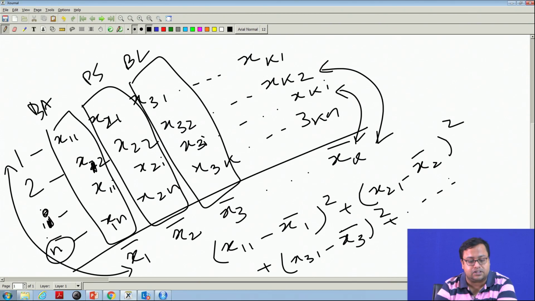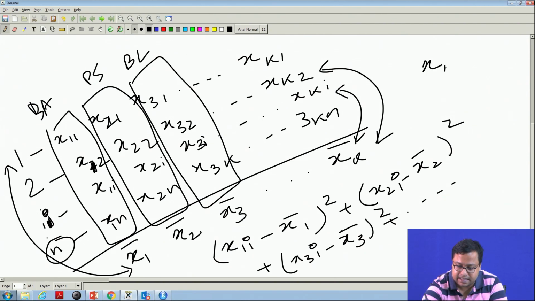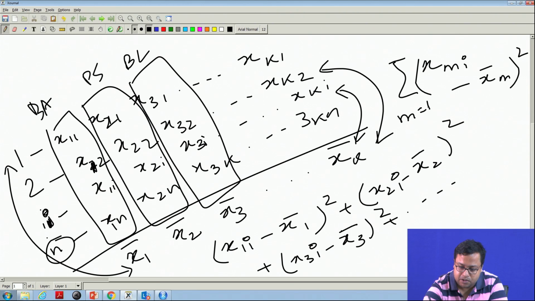This is the distance of guy number 1 from the mean. So, what is the distance of the ith person from the mean? x1i, x2i, x3i and so on. So, can I write it like this: summation over m from 1 to k of (xmi minus x dash m) square? I can write that.